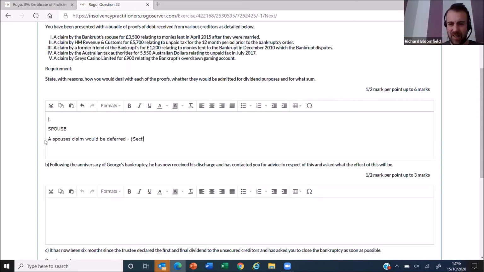Section. I'm testing myself. I can't believe I've even done it. I think it's section 328. It's corporate insolvency predominantly, but I'm pretty sure that's right. Section 328. Doesn't really matter. Spouse's claim would be deferred, so they're only paid after the payment of other creditors